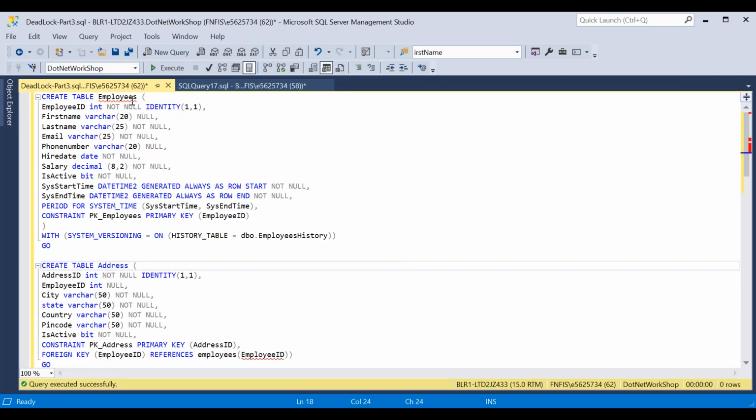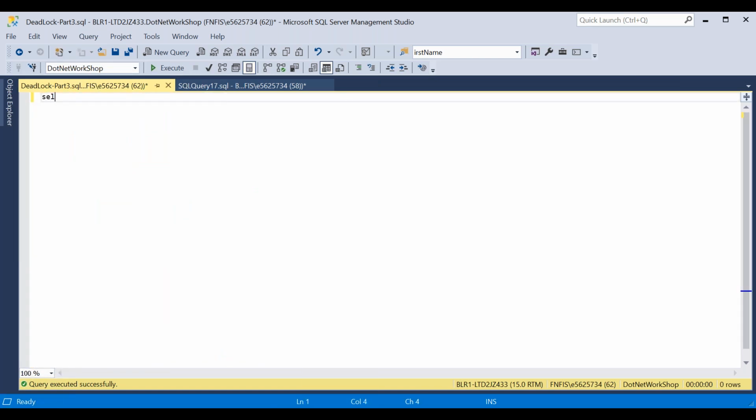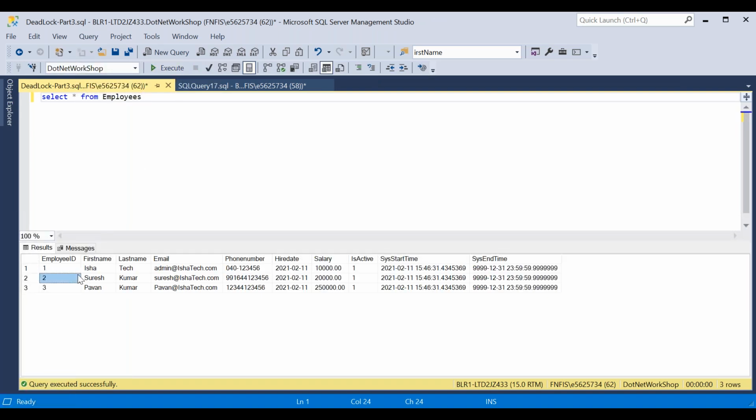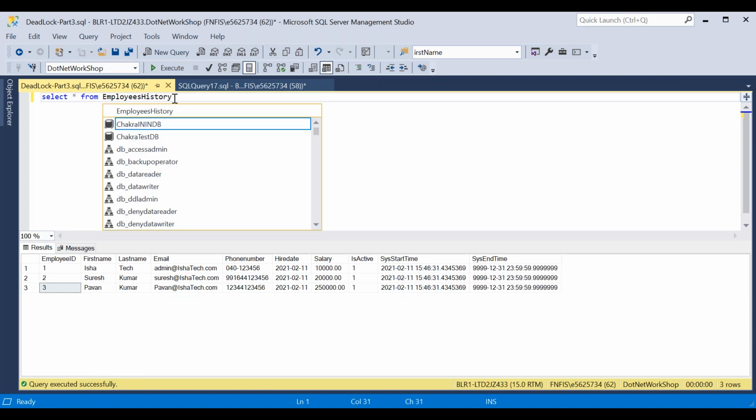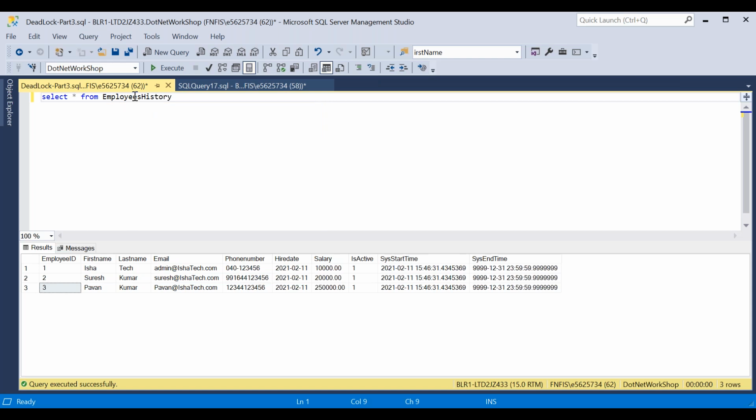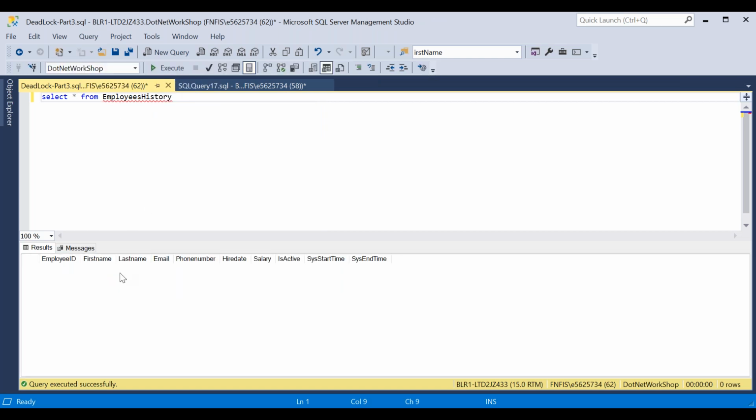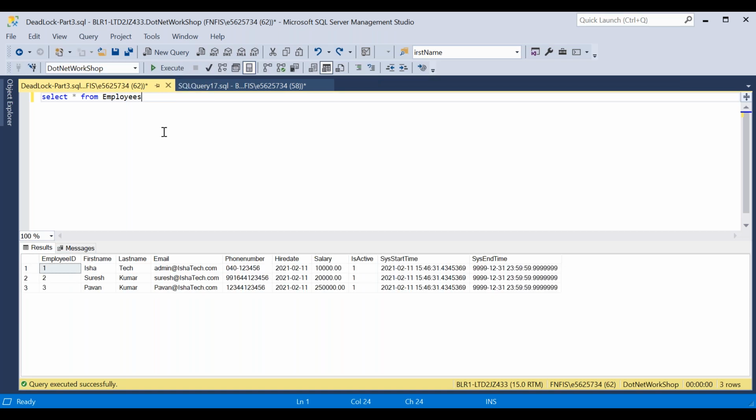Now let's check whether I'm maintaining the versioning or not. Let's select star from employees. Now just check, I have the 3 records. For the versioning, I'm creating the history also. I have created one more table in my query, right? Now check this history. It will not have any data because I have only inserted the data, I have not modified anything.